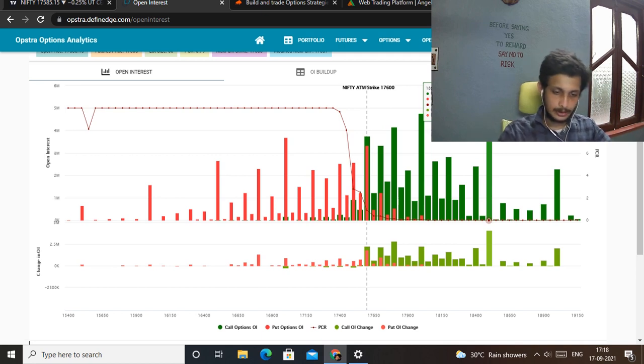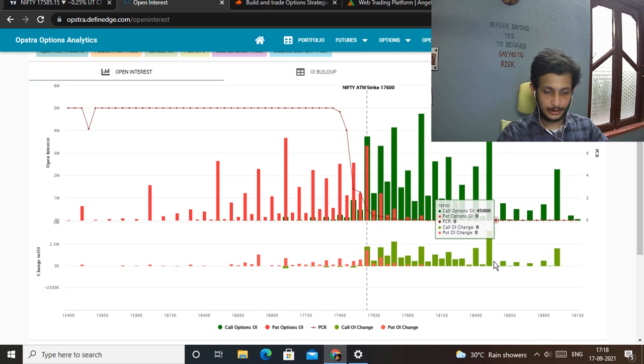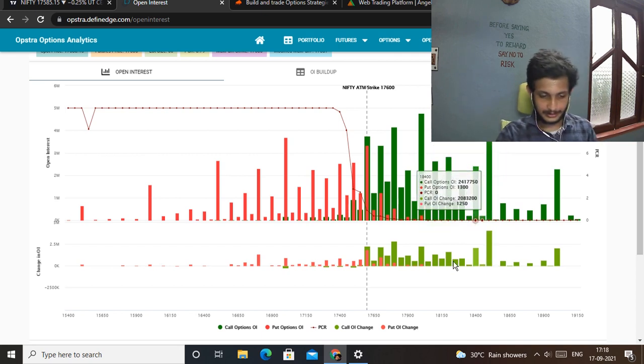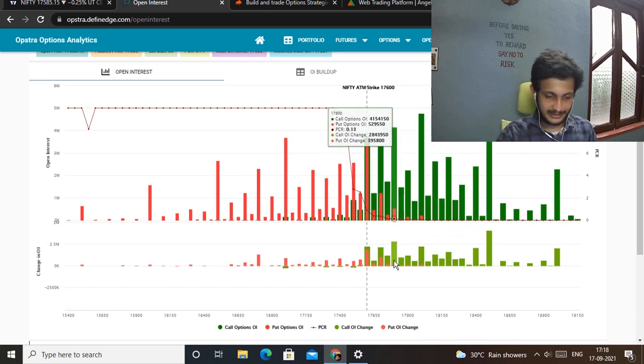Okay, so right before this, what we need to look at is the point where the highest call OI change can be seen, where the highest call addition can be seen today. Okay, so this is the point, 17,800. I have kept my mouse pointer right over that bar, and you can see almost 2.7 million call contracts have been sold at this point. At 17,800 levels, the call option sellers are very confident. So should we think it to be the upper boundary of our range?